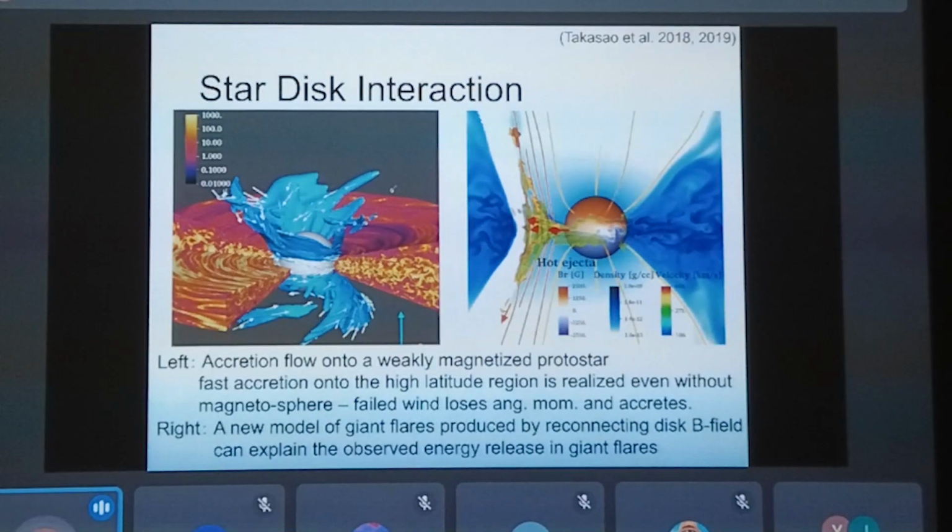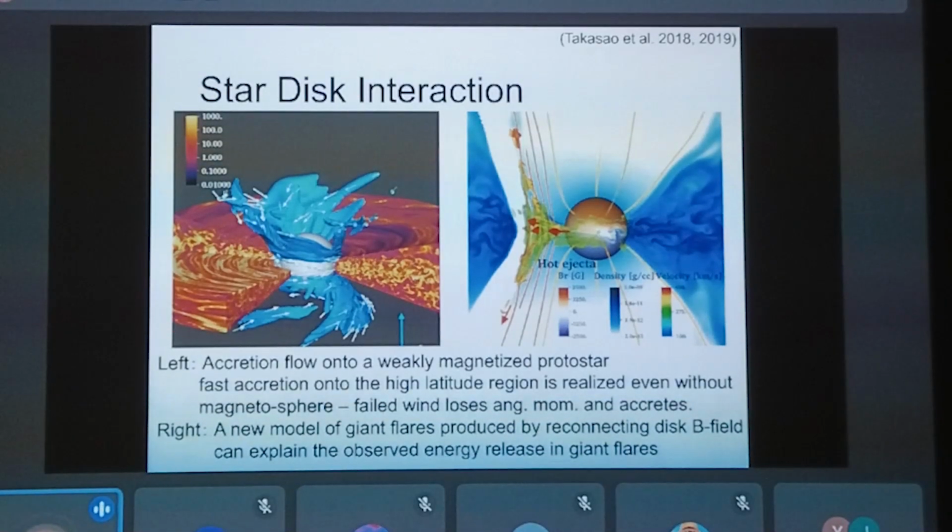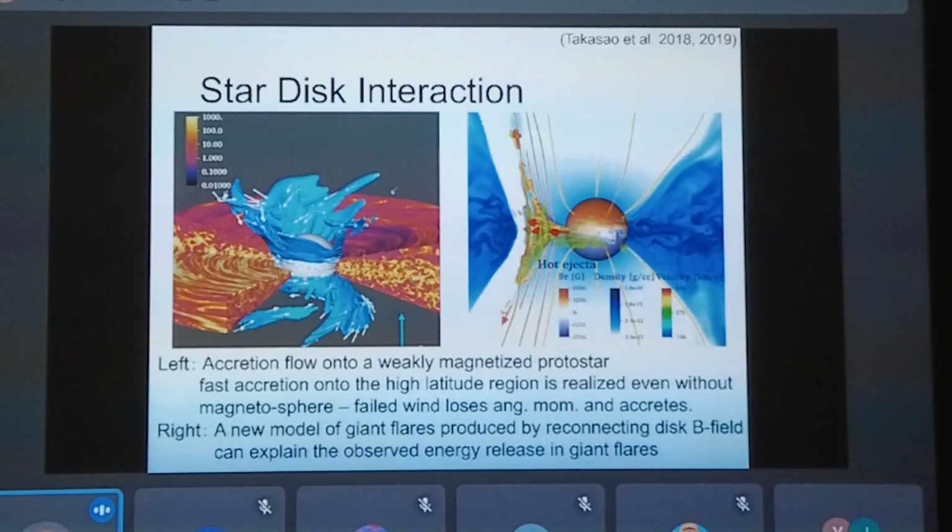But if the stellar magnetic fields are very strong, they will truncate the disk and produce a so-called magnetosphere, and magnetospheric accretion onto the polar region will be realized.